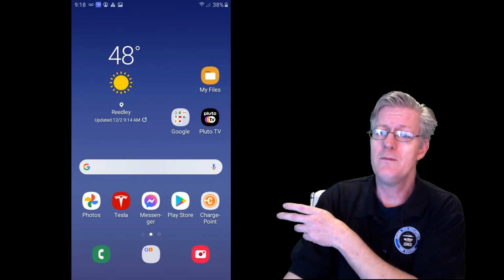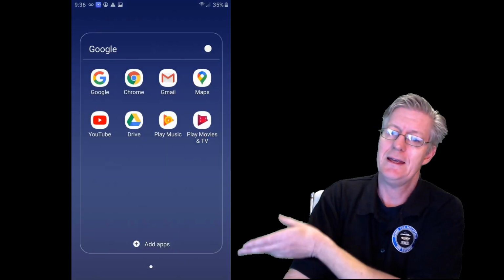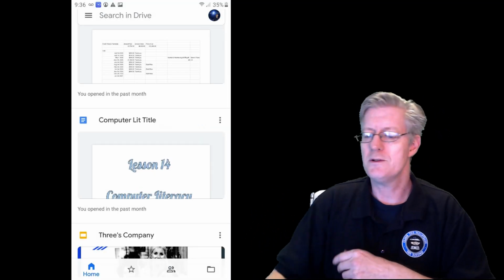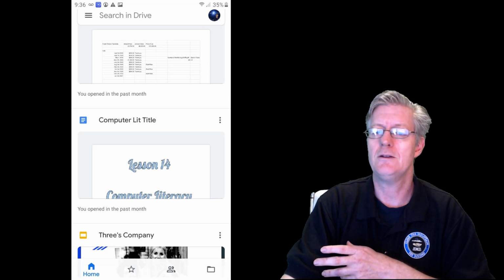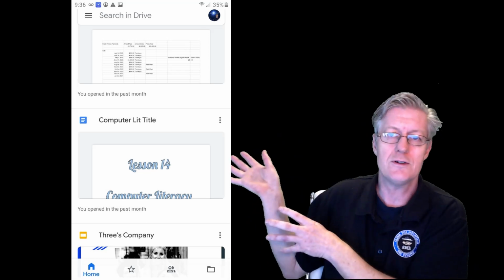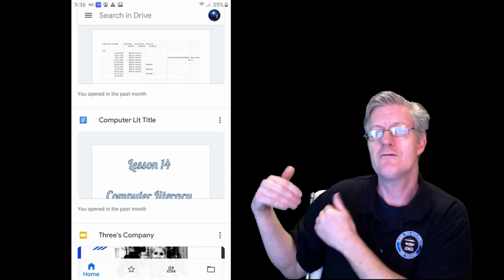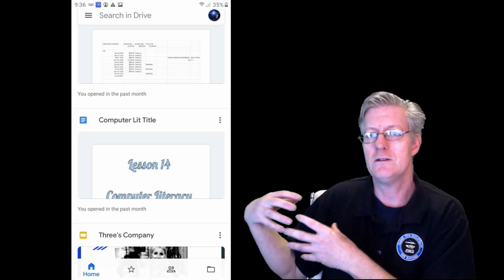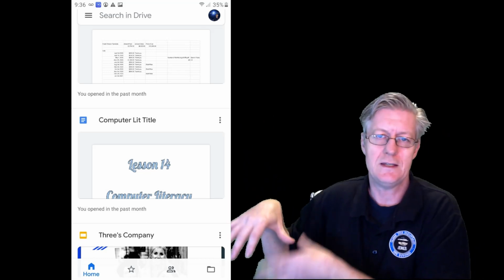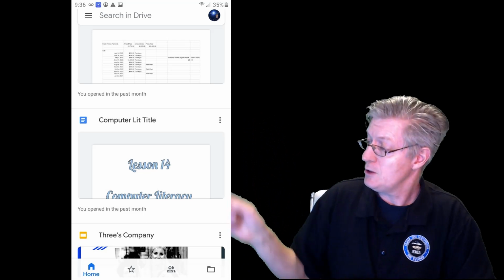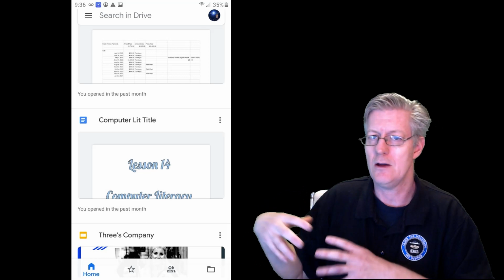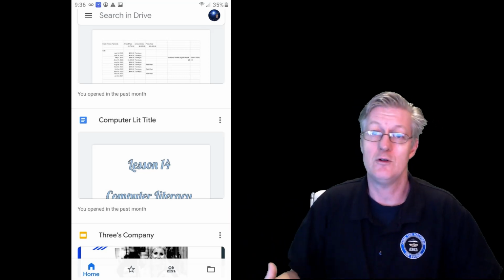and I'm going to open up my Google folder and get into my Google Drive. Now within your Google Drive, it opens up into this home screen, and your home screen here will show you your files. If you have folders saved there, it'll show that. Most recently worked on documents and folders will be seen at the top, and then older items will be seen below that. And you'll notice there it says Home, and that's the one that's marked in blue. So you're in the home page, you might say, of your Google Drive.